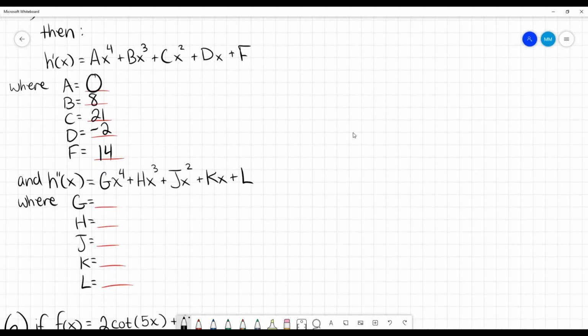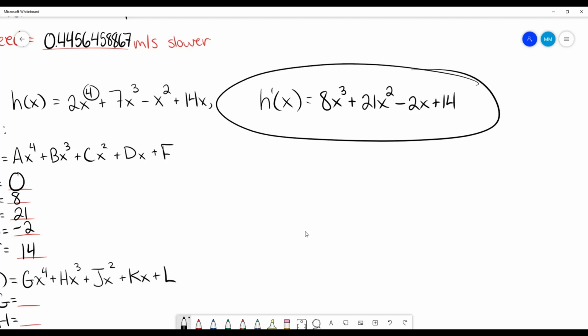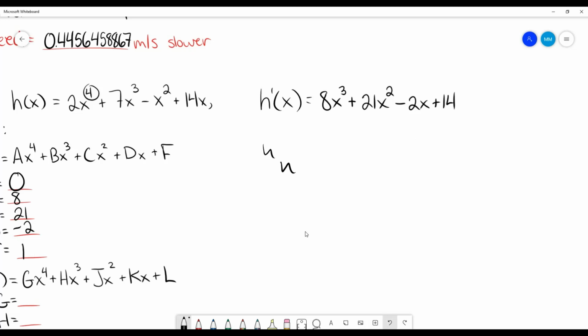And now the second derivative. To take the second derivative, we just take the derivative of our derivative. So our second derivative, we're just going to be deriving this. It's going to be h of x. I'm going to put the 3 in front. 3 times 8 is 24 times x squared, because 3 minus 1 is 2. Now plus 2 times 21 is 42 times x to the power of 1 minus 2, and our 14 disappears